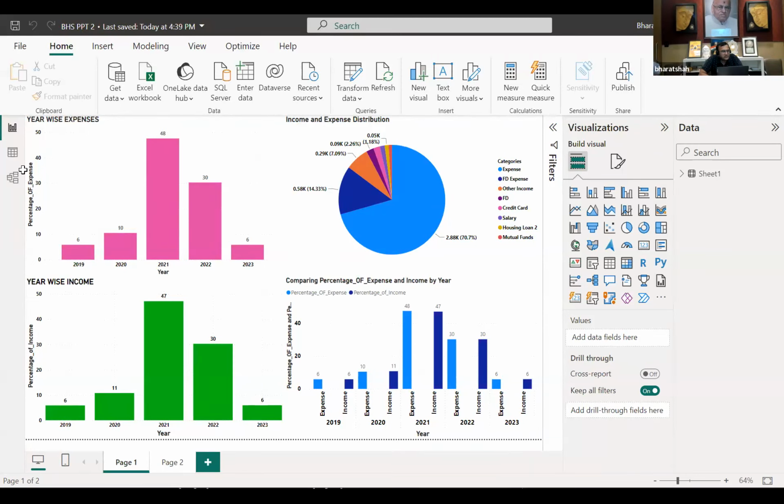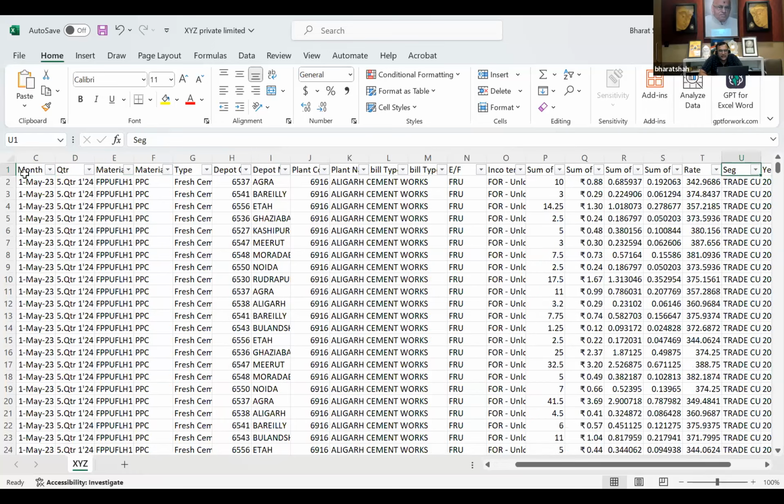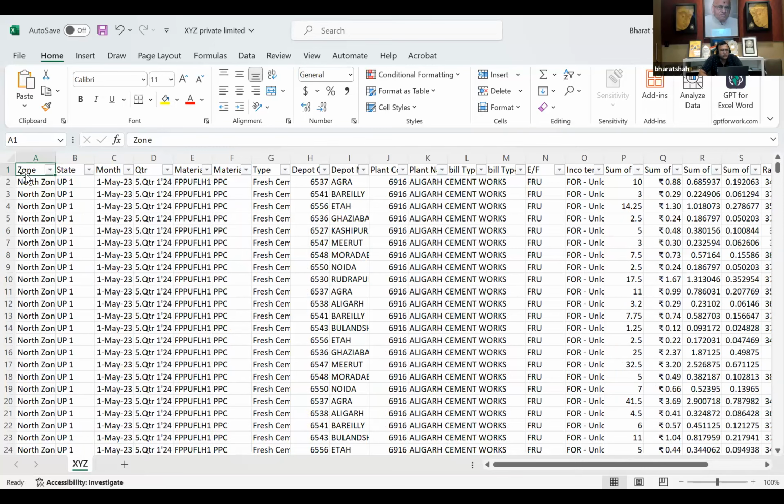So primarily, we all would have such data related to sales of a company. Obviously, we can do some analytics within Excel as well. But why use Power BI is primarily if you want to analyze the data for 10 years or 20 years, or for a huge company like Grasim or TCS. The data will be very huge, which you can't load in Excel. So what you can do is merge the data and create a pipeline in Power BI, which can consolidate all your data.